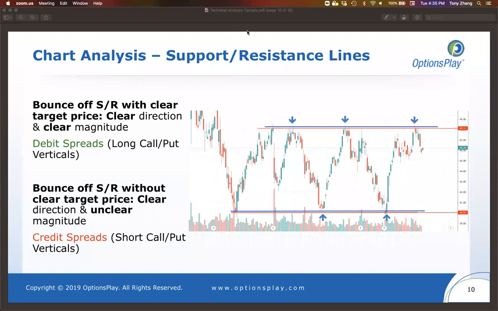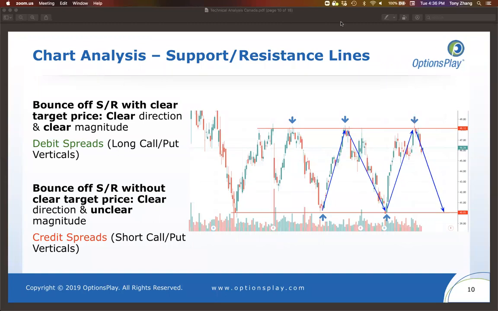When I use a horizontal support or resistance line, I can use these lines to get a sense for where the stock will go when it bounces higher off of support, or when it bounces off of resistance, and so on and so forth. When it bounces off this resistance level, I may expect the stock to fall back down to this support level. There are a few different ways that you can really read support or resistance levels. One, because there are previous support and resistance levels, like here where I have a pretty well-defined range, that means I have a pretty clear target as to where I think the